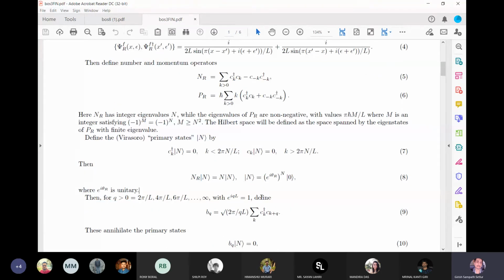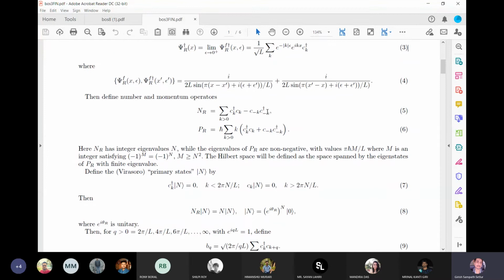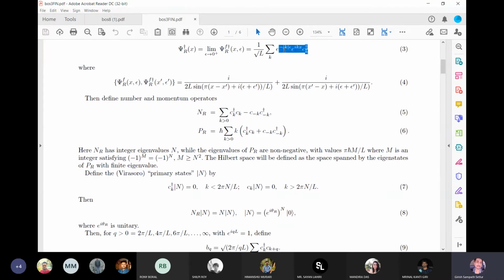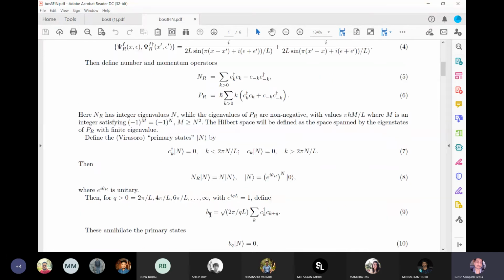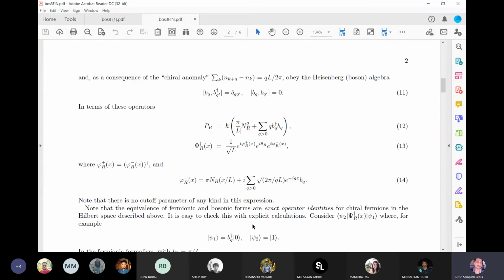So now the goal is what? We have to express the fermion. The ambitious claim was that you can express the fermion itself in terms of the bosons and this shift operator e raised to i theta, which is unitary. In order to do that, we first recall the definition of the B's in terms of the fermions, and recall that they annihilate the Virasoro primary state, and they obey the chiral anomaly, etc. So now